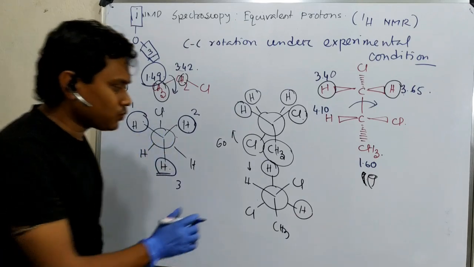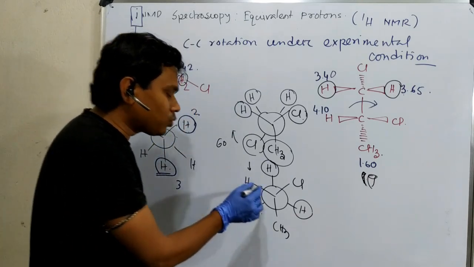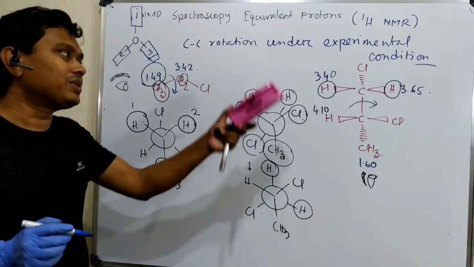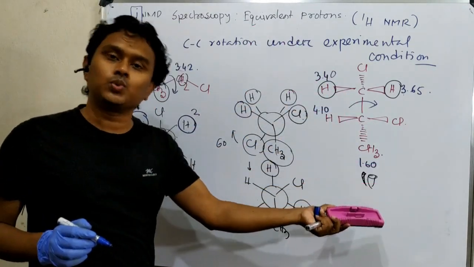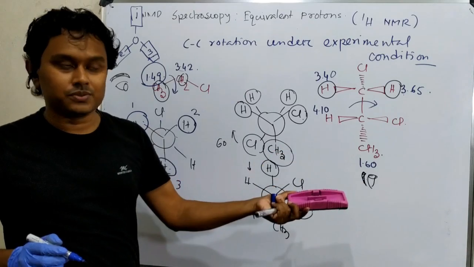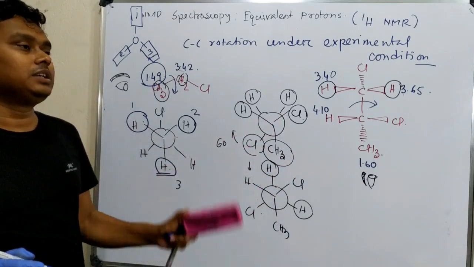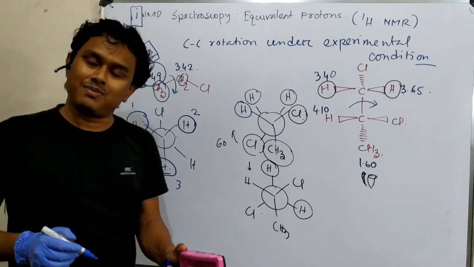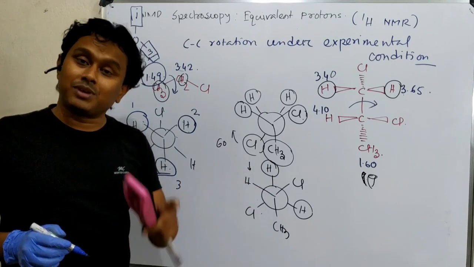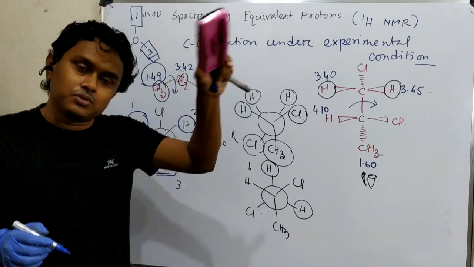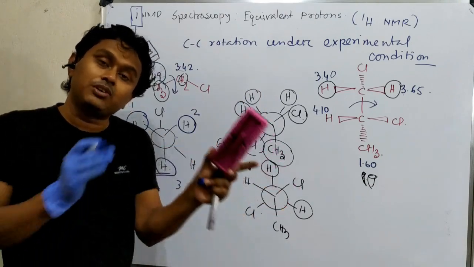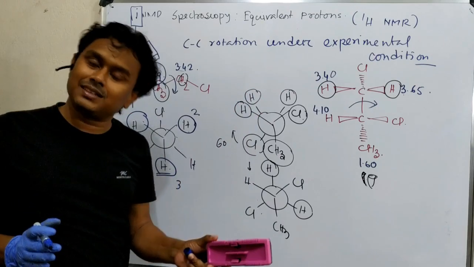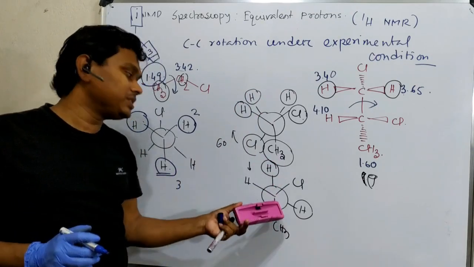But in this case, why can you do this? Because of the rotational barrier. So here CC rotation is allowed, but we cannot distinguish. So this is a very good technique during experiments. Sometimes we use low temperature NMR or variable temperature NMR. If you go to low temperature, you may find a new peak or a different splitting pattern, whereas at high temperature it merges. So that is another way to detect this.